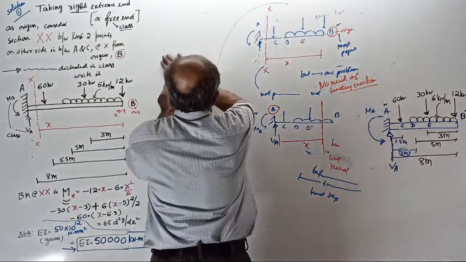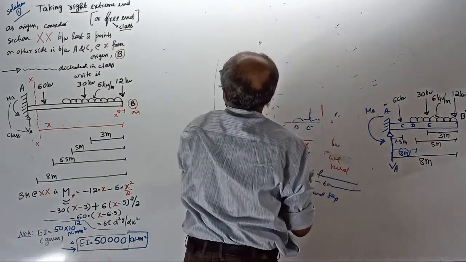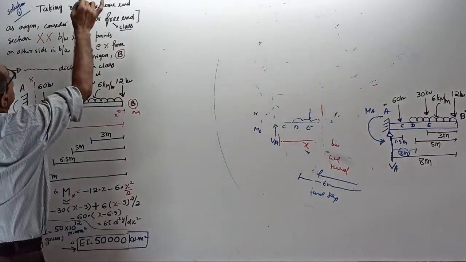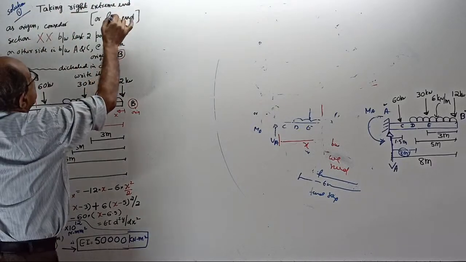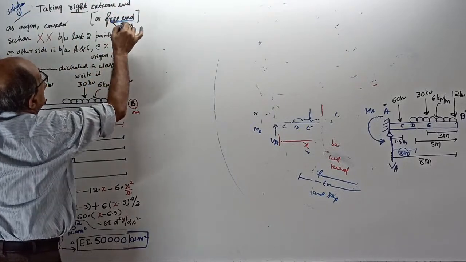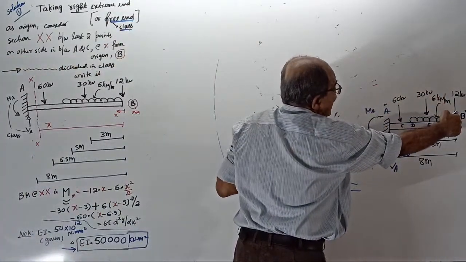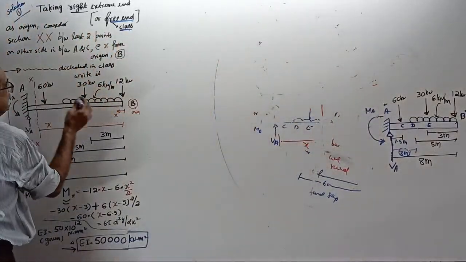Now we will solve. How will we solve? I told you 2 options. Solution 1: taking the right extreme end as origin. Right extreme end means free end, I told you in the class. See, the right extreme end, that is the free end B, as origin. Consider section XX